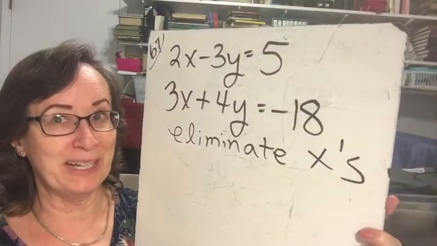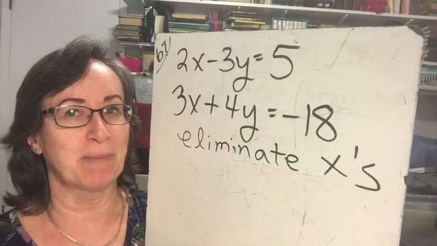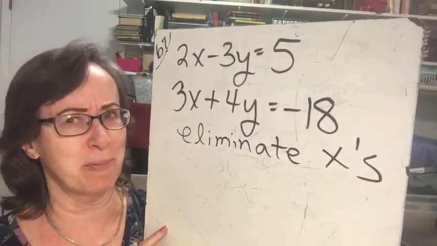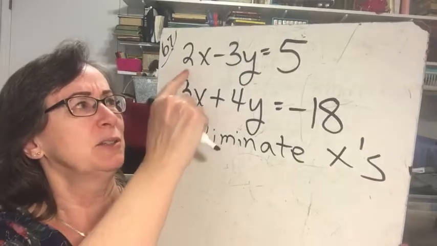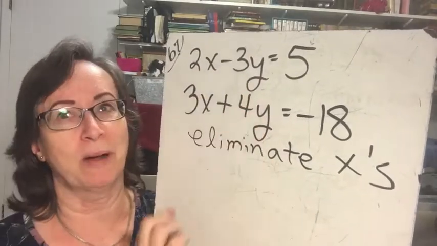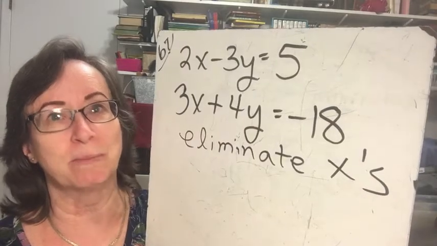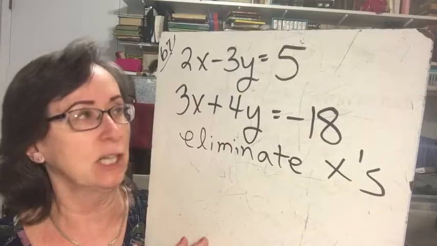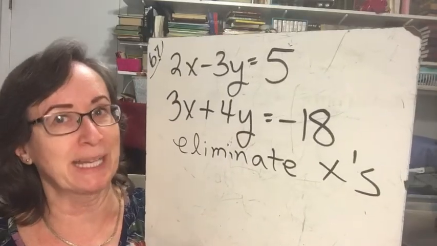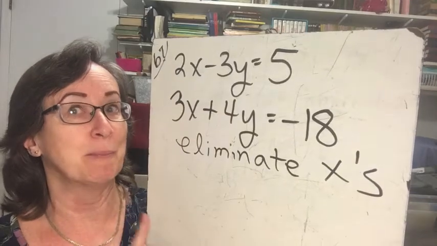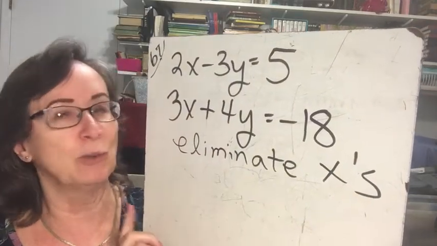Okay, so here we're going to do the same problem 2 different ways. This one is not cooperating very well. 2x and 3x, 3y, 4y, nothing that we can just multiply one of them by to get it to equal the other, right? So what we're going to do is we're going to end up multiplying both equations by something to get, first,